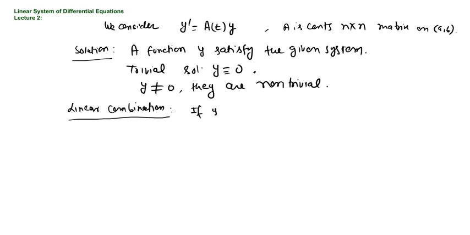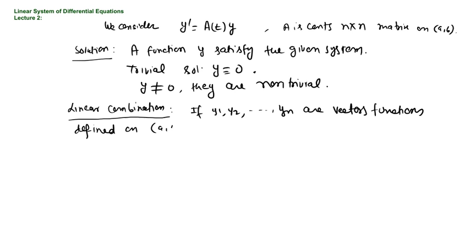If y1, y2, up to yn are vector functions, so think that they are column vectors defined on interval a b, and c1, c2, up to cn are constants,